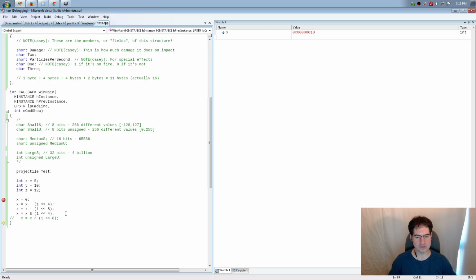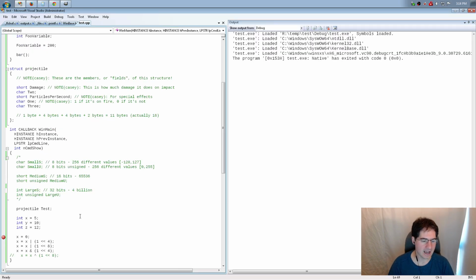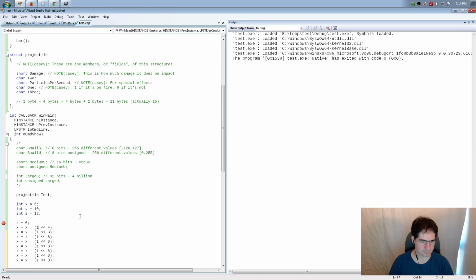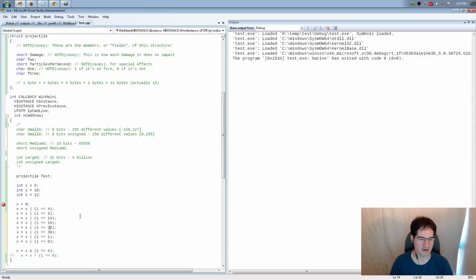So AND is often used to do what's called masking, which is to say I have some bit pattern and I want to remove all the other bits from some value and just leave the ones that were set in these positions. So you could imagine me doing something like that where I said, okay, I've got some value that is full of bits. Let's say I set a bunch of bits in here. So I set the 3-bit, I set the 14-bit, I set the 19-bit, I set the 23rd bit, I set the 30th bit, I set the 1st bit, and I still set the 8-bit. So I just set a ton of bits, right?